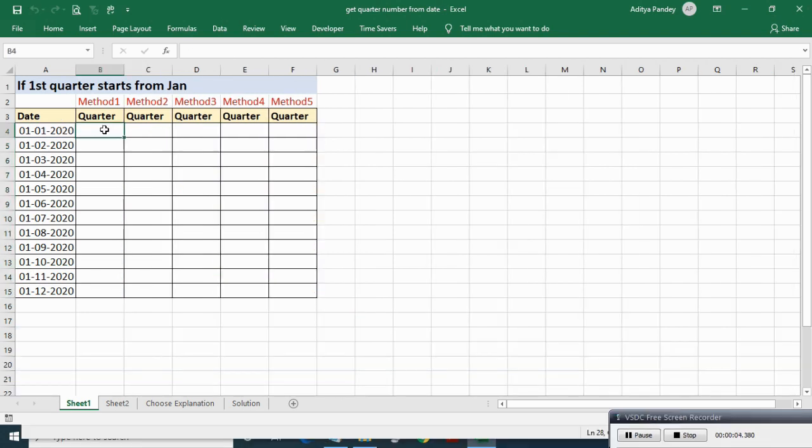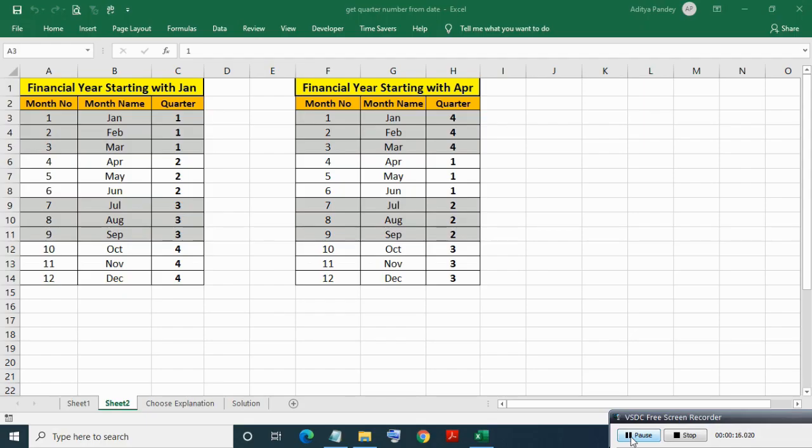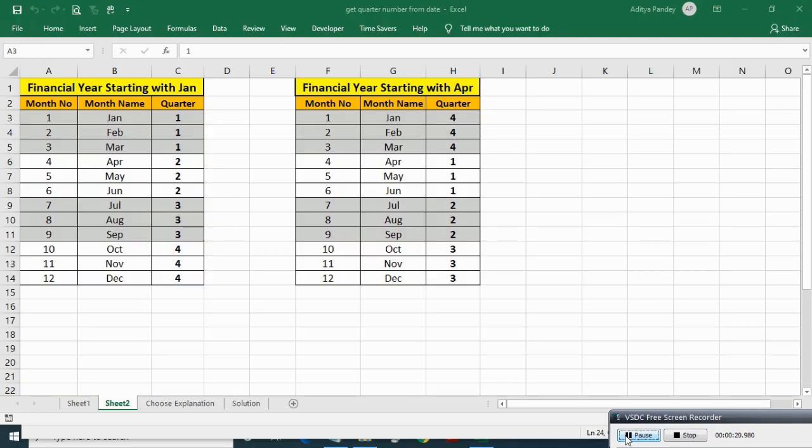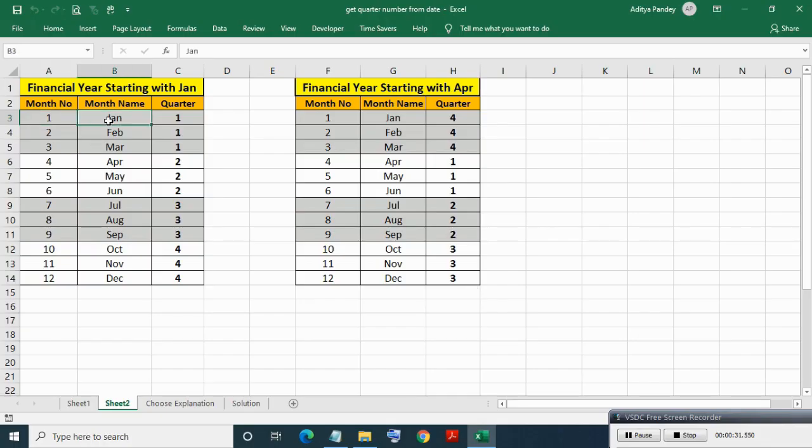Sometimes you may need to get quarter by using a date present in a table. This quarter column can be further used in building quarter-wise summary reports. In a year, 4 quarters are there, and each quarter contains 3 serial months. In some countries, financial year starts with Jan, and in some countries, financial year starts with April.